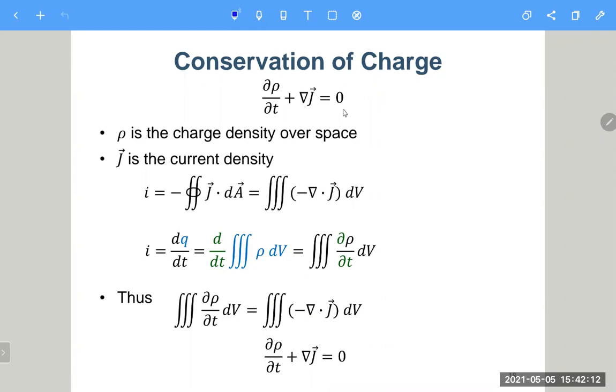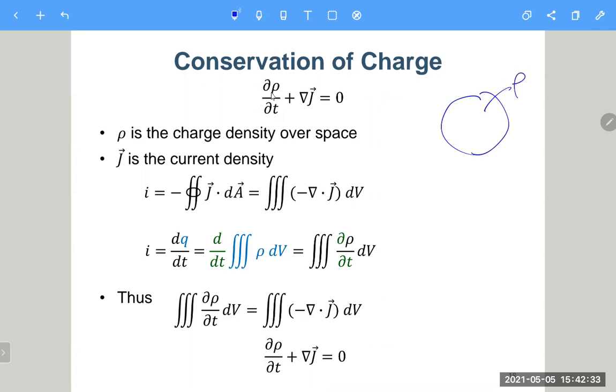The divergence of J is like the current. So within a volume, if the density is changing with respect to time,